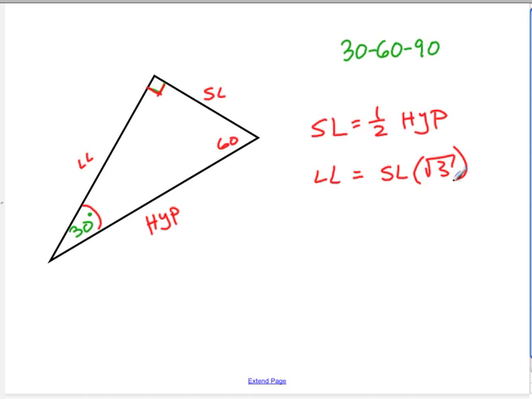So, if, for example, I were to give you this, and I were to say find x and y,